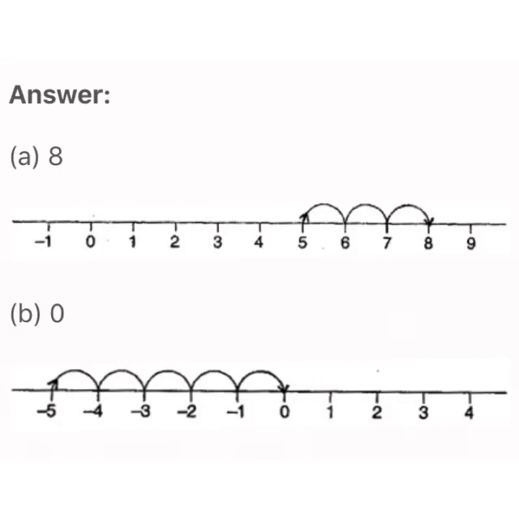Next one is 5 more than minus 5. Here 5 more than minus 5 means 5 plus minus 5. Okay, so 5 plus minus 5 is 0. So how we will do? Yes, we will start from minus 5 on left side of origin, and we will move 5 steps towards right of minus 5, and we will reach to 0, that is origin and answer on number line.